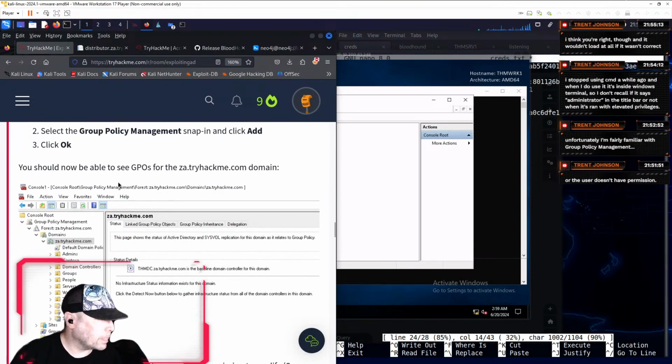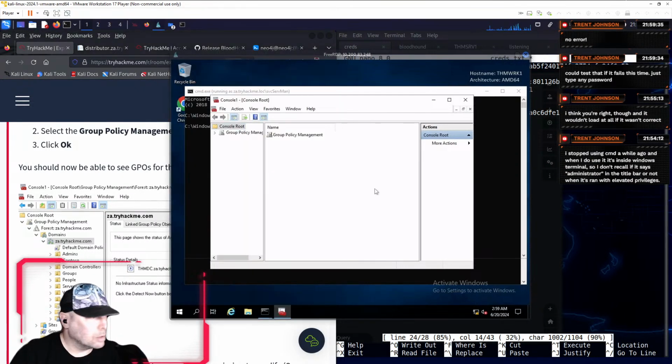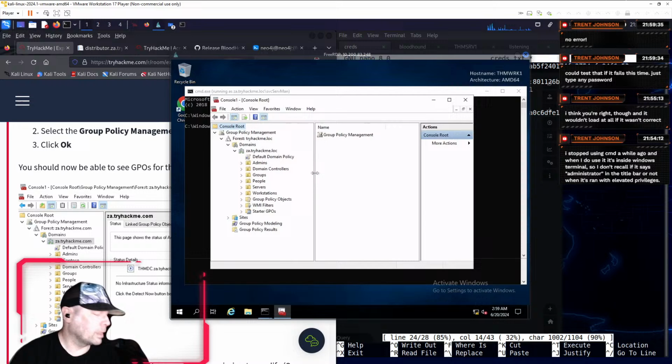You should now be able to see GPOs for the za.tryhackme.com domain. No error, and yet I still don't feel super. I'm feeling better now that we're getting somewhere here. I don't know, it just didn't feel right, even though it seems to be working out. Yeah, I should have figured that out right away.